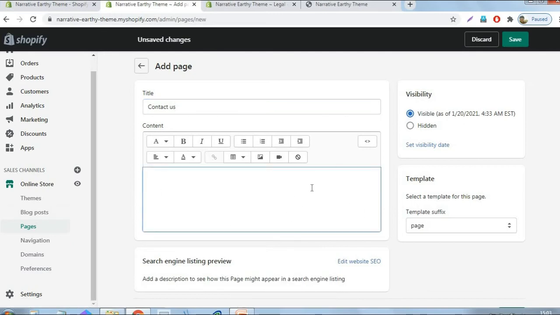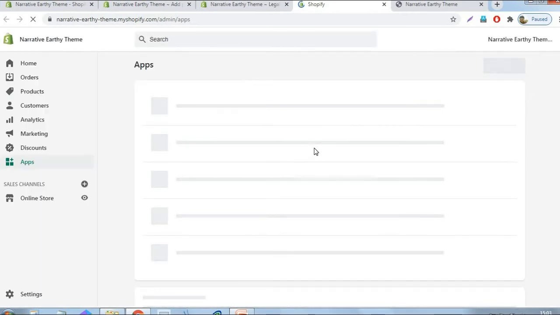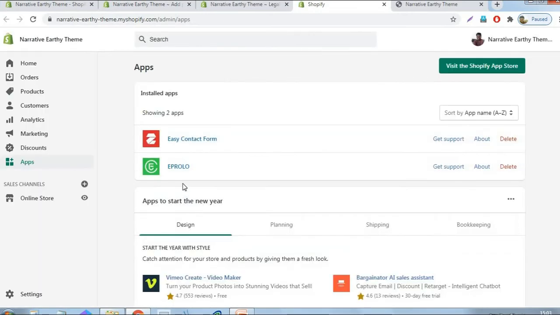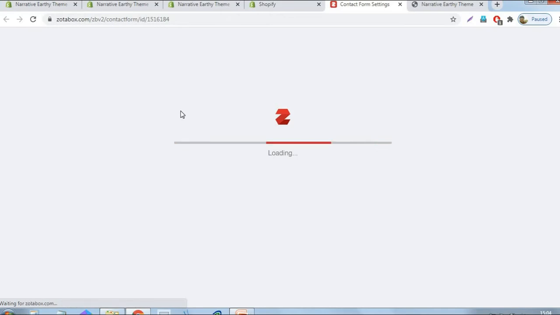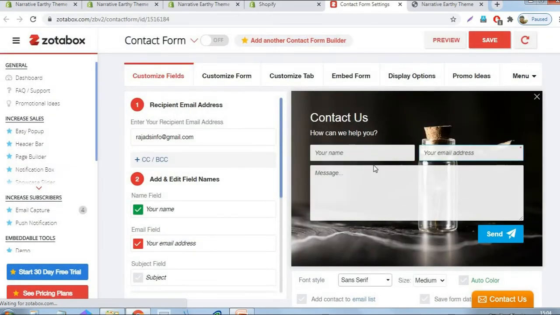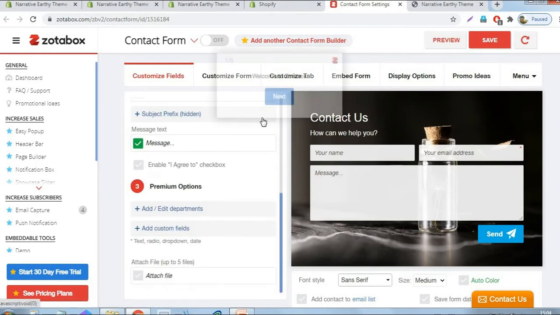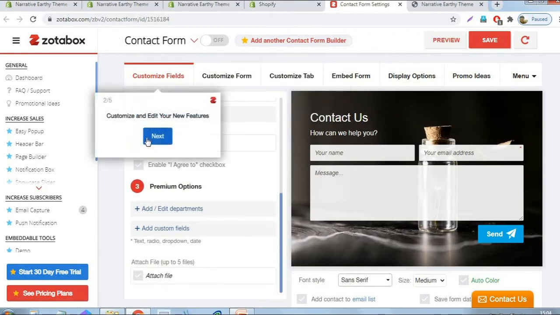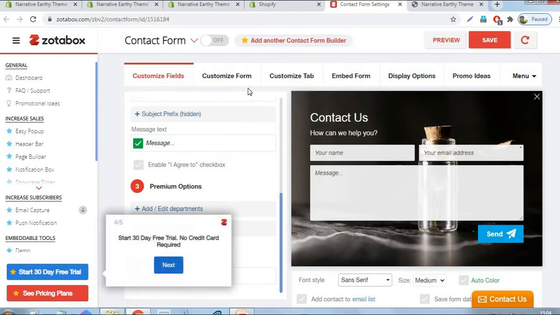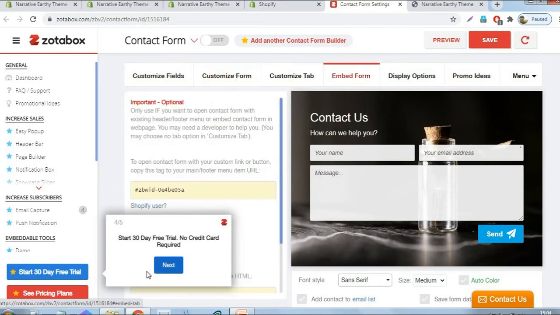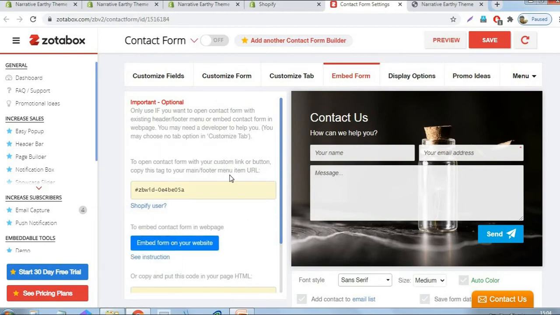Contact us. Here we need to place a short code. We already added an app for the contact us page. Yes, here is the easy contact form. Just click that app and take the code.